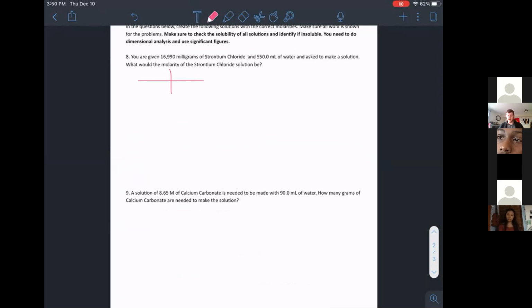On your summative, if I don't see these or I don't see you using sig figs, you are going to lose points. So make sure you're using that conversion method, or that you're showing your work at least for those conversions that you're doing or those calculations you're doing, and making sure that those sig figs are